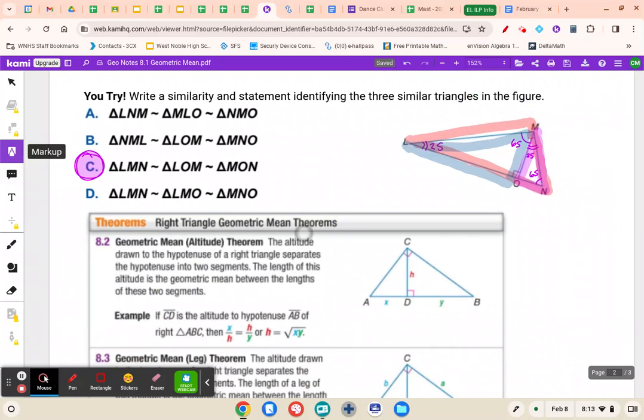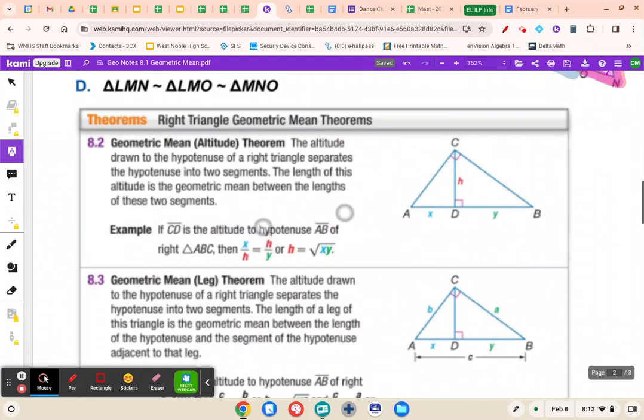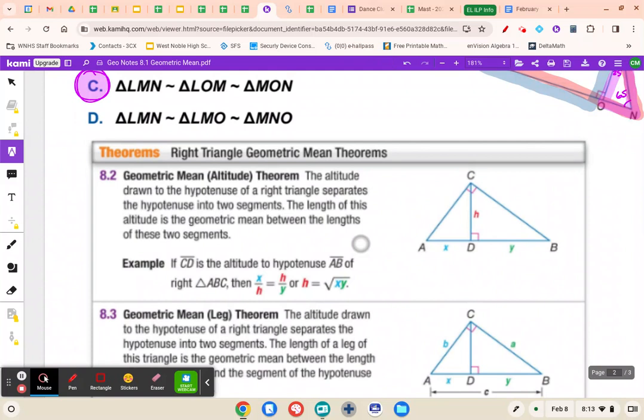All right, here's our theorems that we did our little pre-learning for. Right triangle geometric mean theorems. We have the geometric mean altitude theorem. The altitude drawn to the hypotenuse of a right triangle separates the hypotenuse into two segments. The length of the altitude is the geometric mean between the lengths of these two segments. So this is saying that this